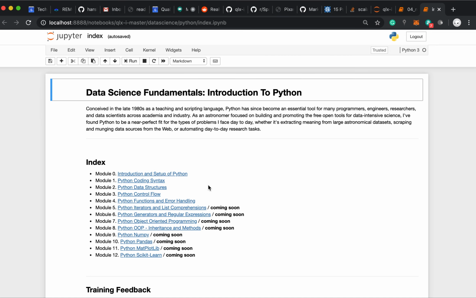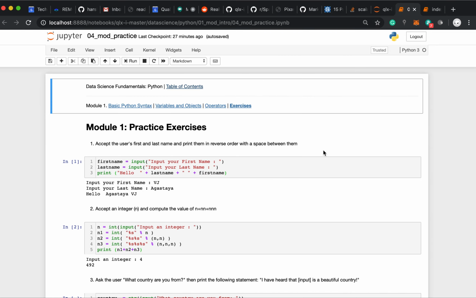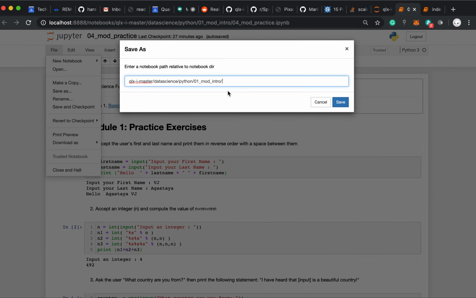Yeah, great question. I'm glad you brought that up. I would have totally forgotten to say this. Let's take this one for example. This was our mod 1. There are 2 ways you can do it. You can basically save this as, and I can say answers,